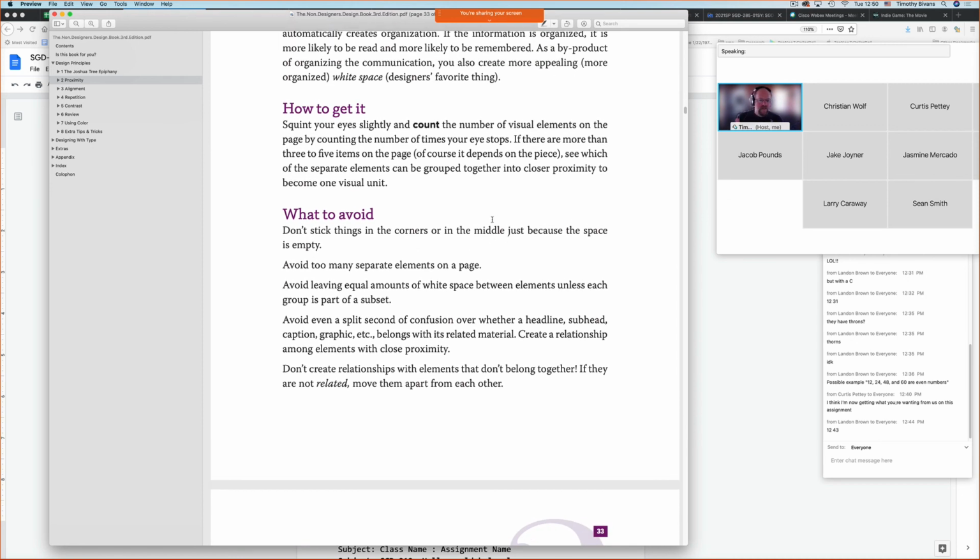What to avoid, and this is important. Don't stick things in the corners or in the middle just because the space is empty. Empty space is not necessarily your enemy. Avoid too many separate elements on a page. Avoid leaving equal amounts of white space between elements unless each group is part of a subset. Avoid even a split second of confusion over whether the headline, subhead, caption, graphic, etc. belongs with its related material. Create a relationship among elements with close proximity. Don't create relationships